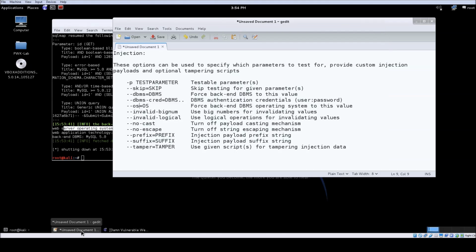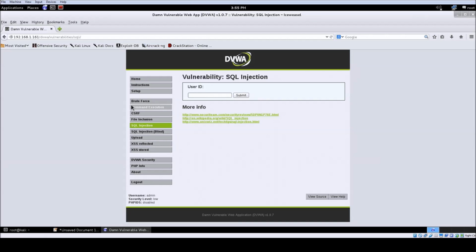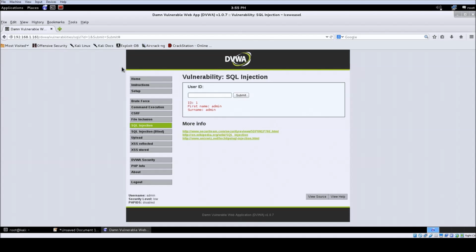So for the next two options that we're going to look at, we have this invalid-bignum and invalid-logical. And both of these kind of serve the same purpose. So if you are doing a manual SQL injection, let's pull our browser back up here. Sometimes if you're doing a manual injection, maybe with this one it's using a GET request, and if you're going to use a union query to do your attacks, you always come in here and you'll want to make this value negative. If it's an integer here, you make that a negative and then continue on adding your union select, whatever you're putting in. So with these switches,